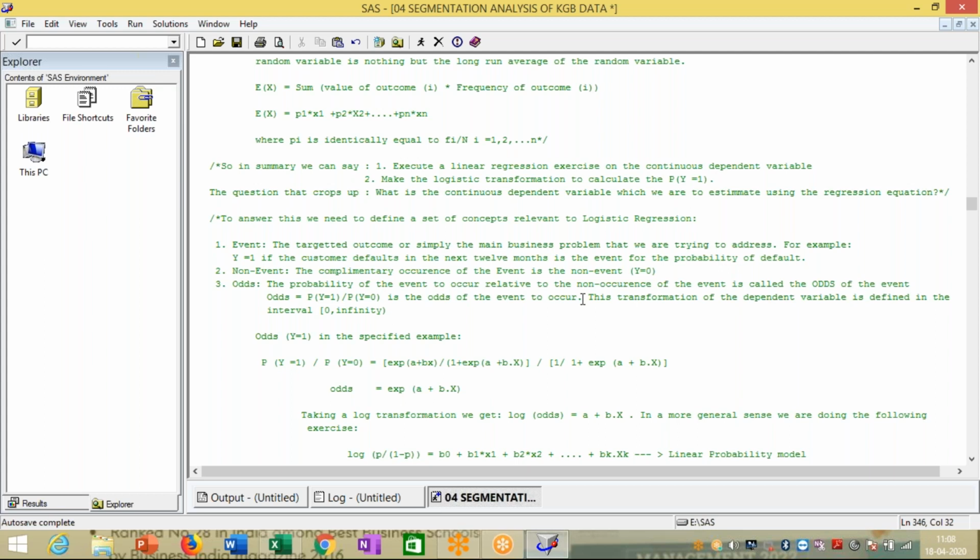Now, it is always possible that the x betas on the right hand side end up as a negative value. So I need a transformation which will help me make my dependent variable range from minus infinity to plus infinity. Now, when we look into the log of odds example, right over here,